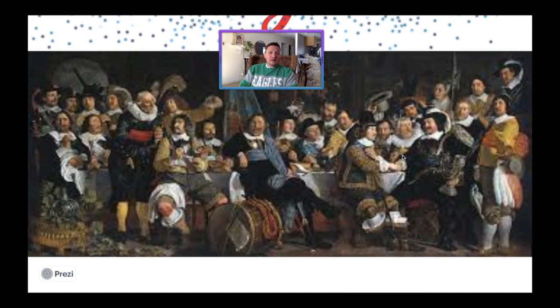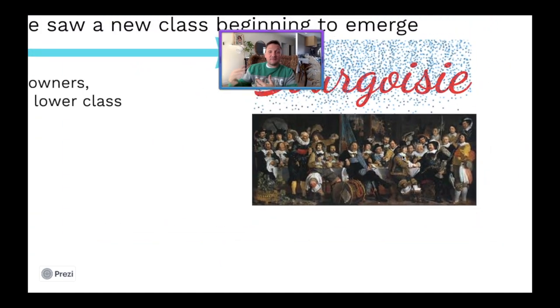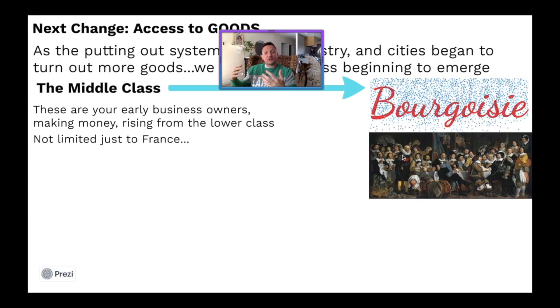This picture right here is of Dutch gentry members, right? The gentry is another word for middle class, right? In the Netherlands, there were actually these really, really large groups of families that had invested in things like joint stock companies and stock markets in the East India Company. Remember that. We're going to be talking about them a lot when we get back from Thanksgiving break. The Dutch East India Company, and the fact that it's a joint stock company. You've got all these different family members investing in it and making tons of money off the global markets. I'm going to say it again, the global markets that are beginning to grow and span the